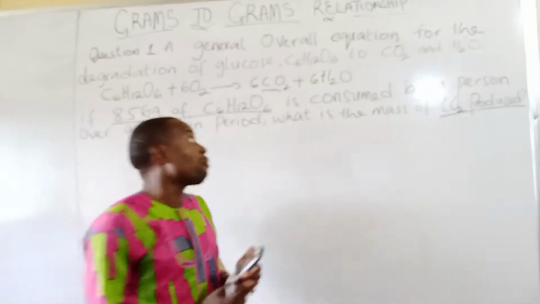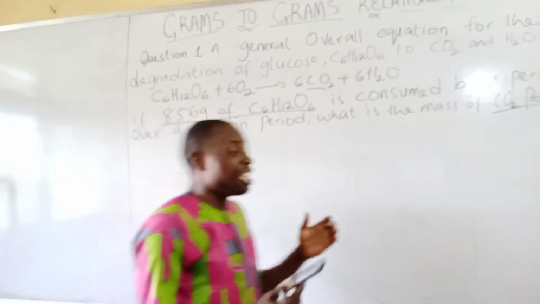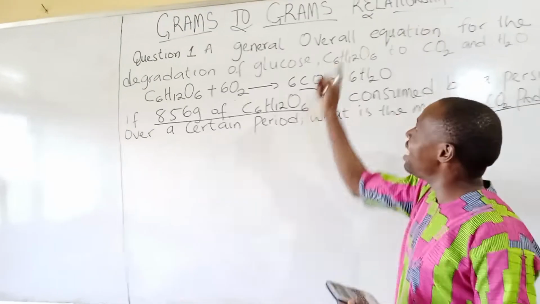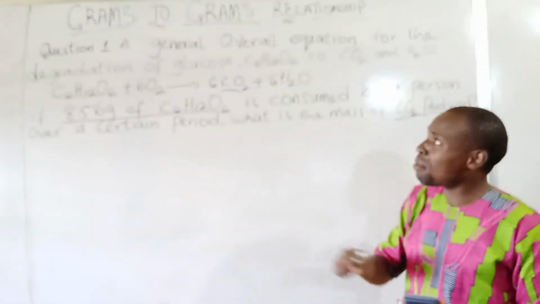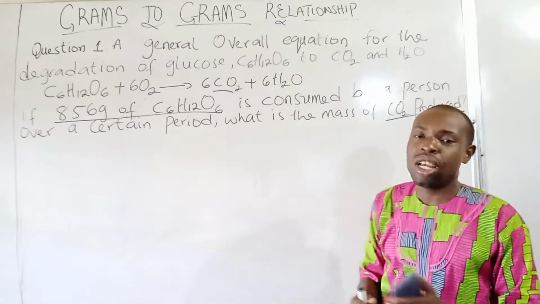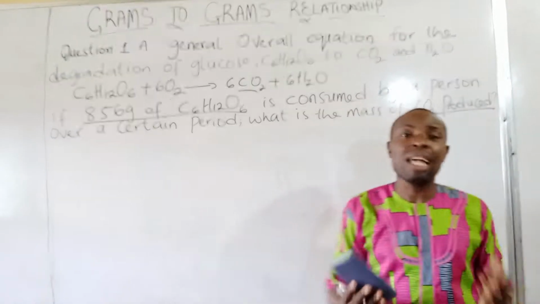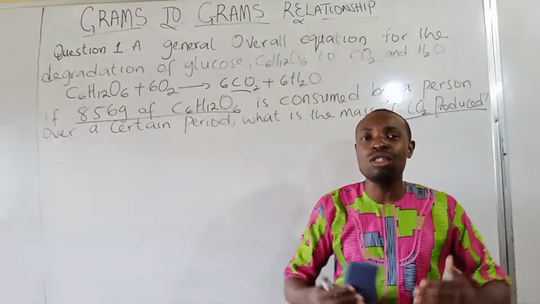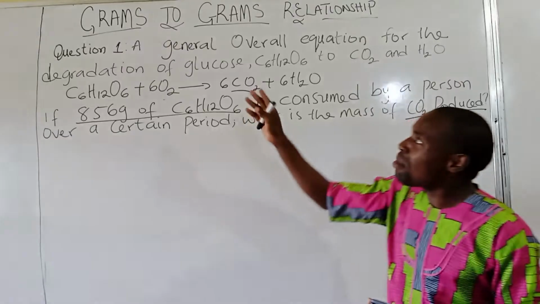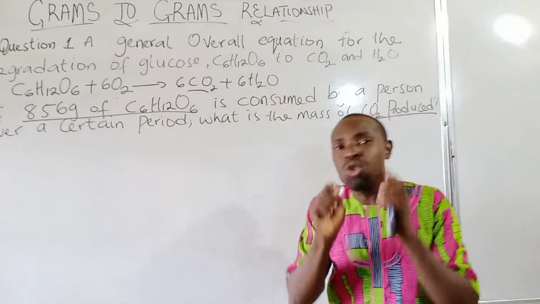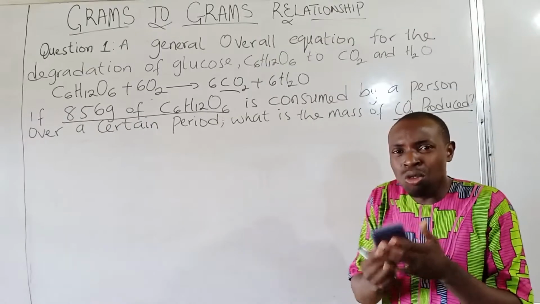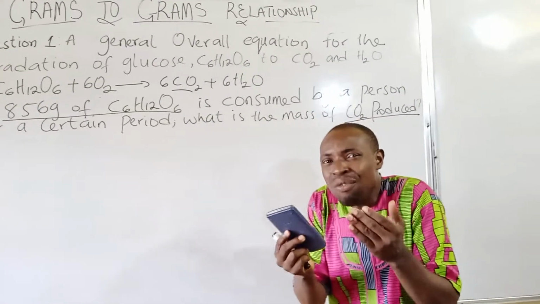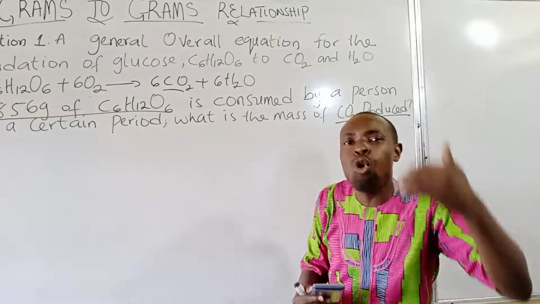Today we'll be working on a very interesting topic in chemistry: the grams to grams relationship, which falls under stoichiometry. We should understand that stoichiometry has to do with the quantitative relationship between substances. Under the grams to grams relationship, it is the quantitative relationship between the known and